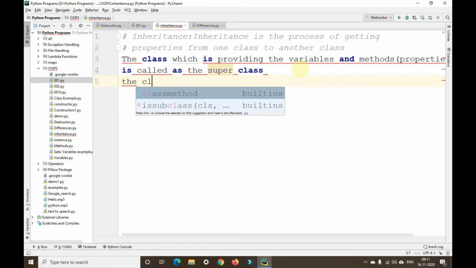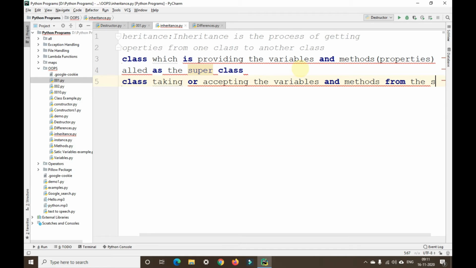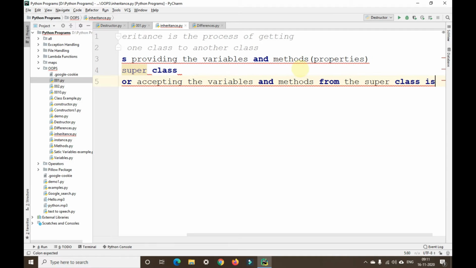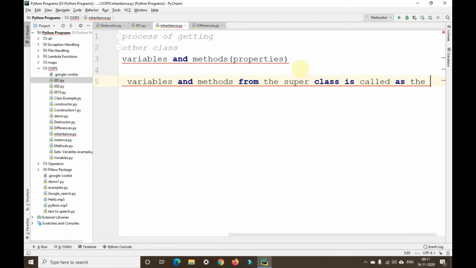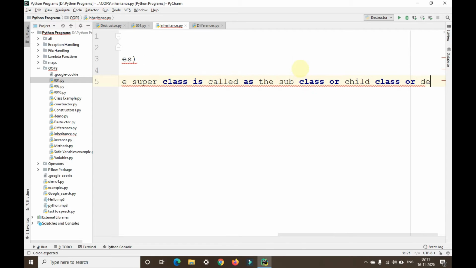Whereas the class inheriting, we'll say taking or accepting the variables and methods from the superclass, is called the subclass, child class, or derived class.